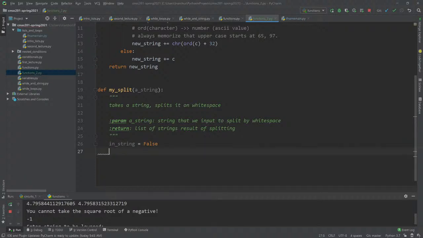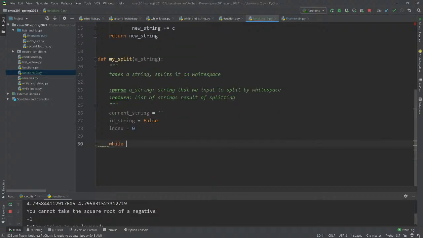And then we'll have a current string variable, which is an empty string right now. And then we'll have an index, right, which will start at 0. And then I'm going to actually do this with a while loop. So I'm going to do while index is less than the length of a string, right? And the reason why I'm doing that is just because, well, I guess I could do it with a for loop.